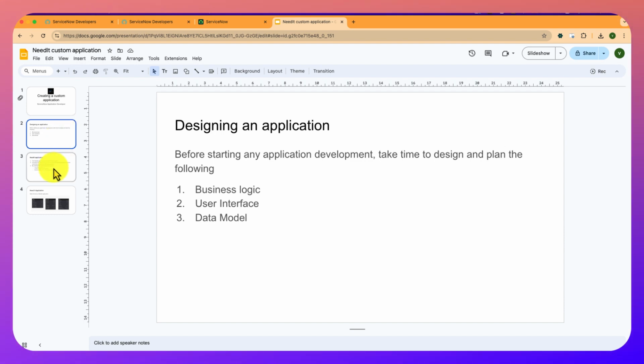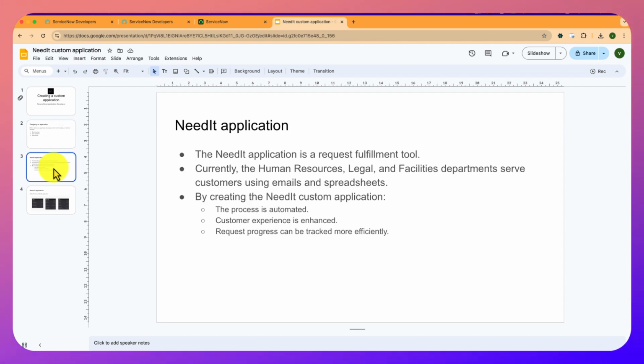So in the current scenario, we are discussing a NeedIt application. Why are we doing this NeedIt application? Because in this organization there are three major departments called human resources, facilities, and legal, and these three departments are serving the end users by tracking over mails and spreadsheets, and this becomes very tough when multiple requests come in on the same day. At the same time, end users are in a dilemma, or in a blind spot, where they are not able to track